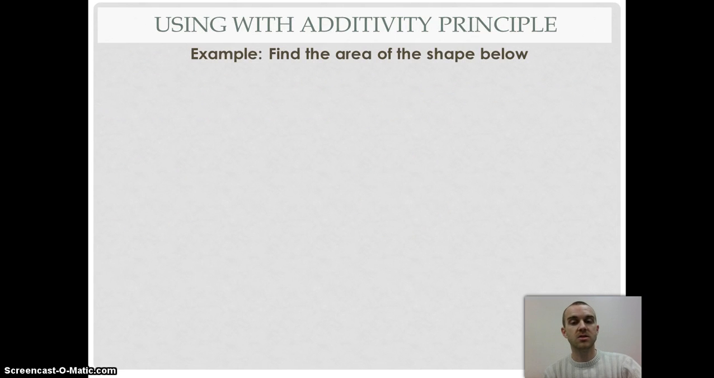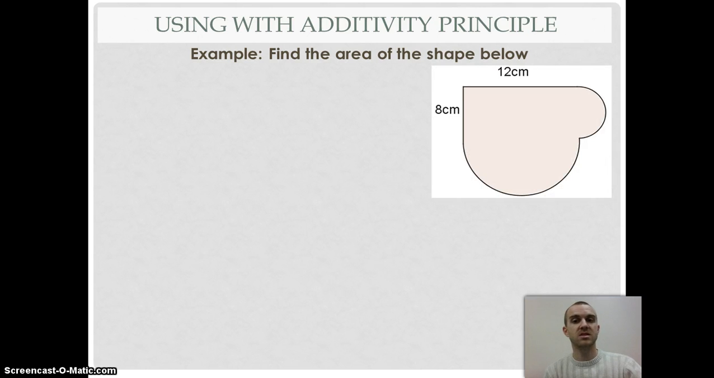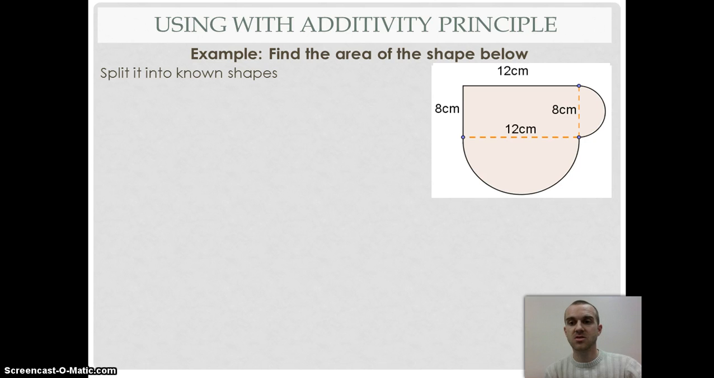Now the last thing I could do is actually use circles and parts of circles to help me if I have problems where I need to use the additivity principle. For example, this is a very odd looking shape. However, first thing I could do is draw in parts that would make it look much simpler. So if I draw in those two sides, I end up with a rectangle that's 12 by 8 and then 2